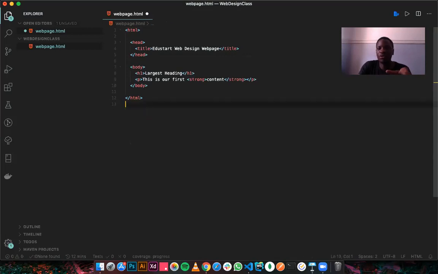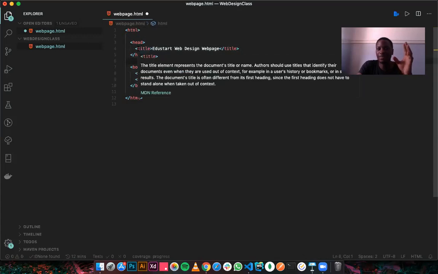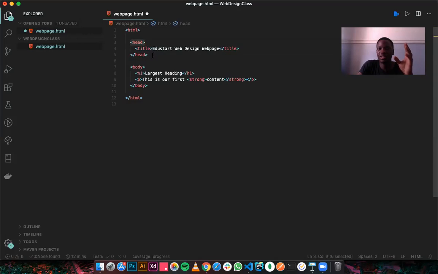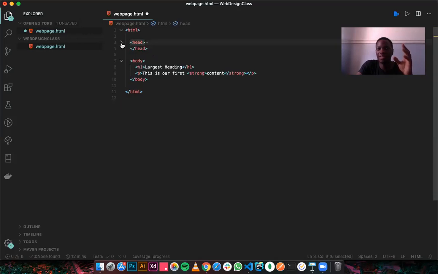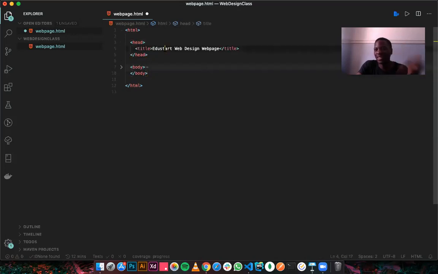Yeah, so all your code should fall within the HTML tag, and the HTML tag basically has a structure of two elements. The first element is the head element. The second is the body element. The head element contains metadata for your document. Now, meta is just extra information about your document, for instance, the title of the document, which is what we specified here.